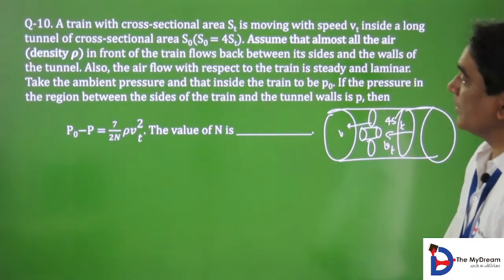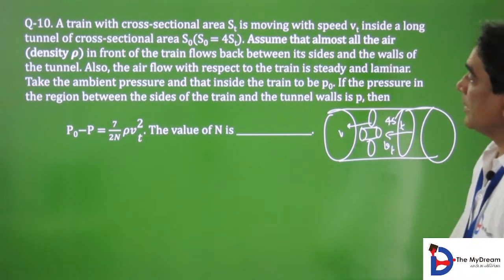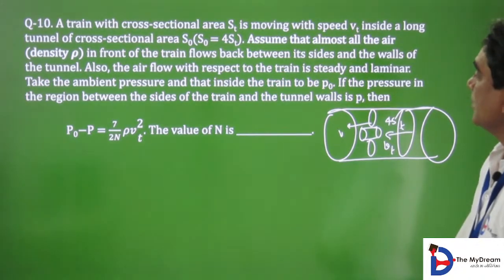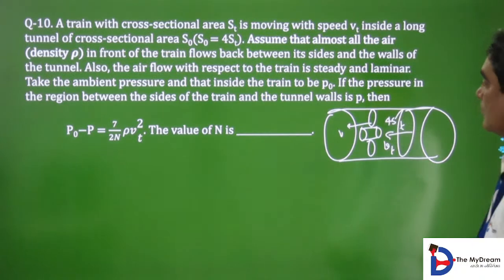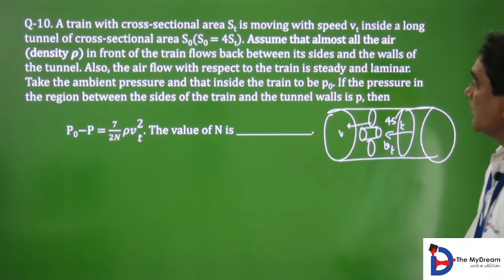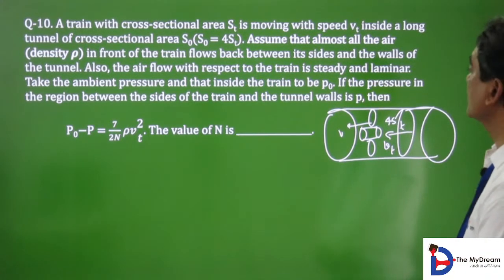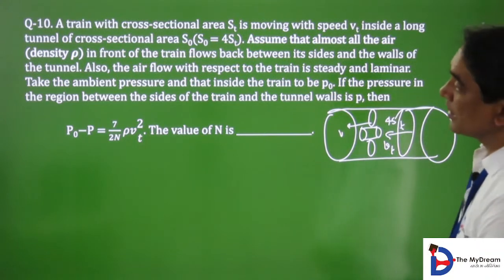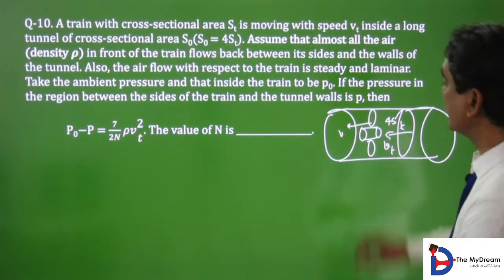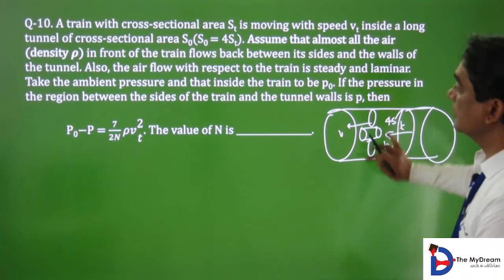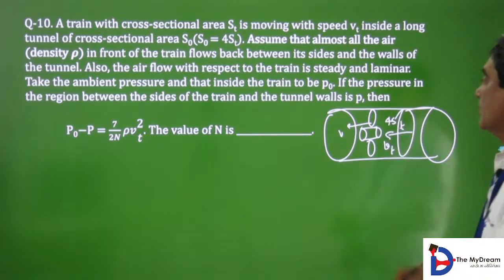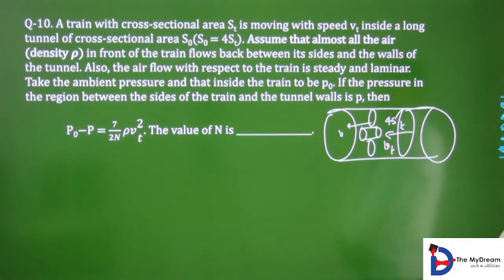Take the ambient pressure and that inside the train to be P naught. So P naught is the pressure. If the pressure in the region between the sides of the train and the tunnel wall is P,